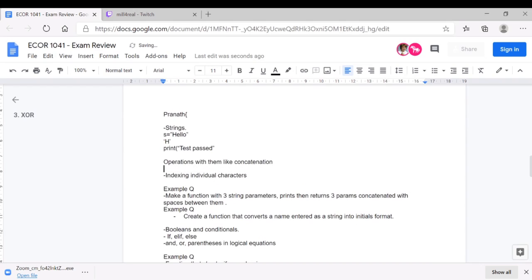So concatenation, if you see the English grammar term of it, basically means you're combining two things. So here we are combining two strings into one.